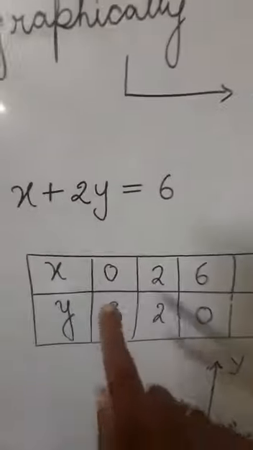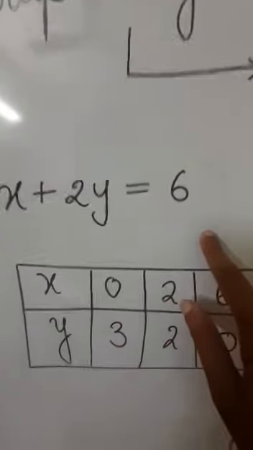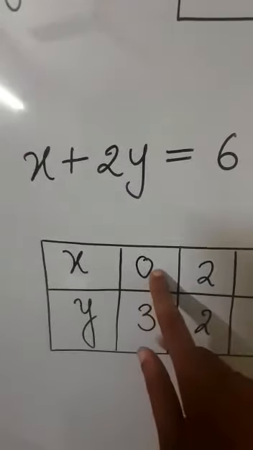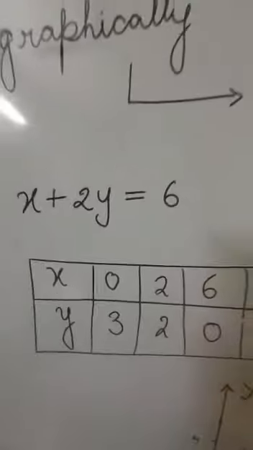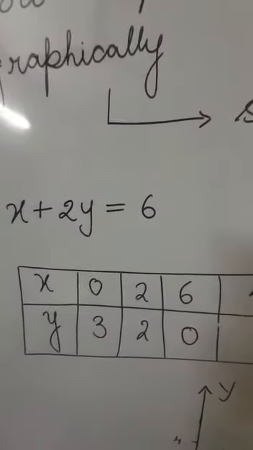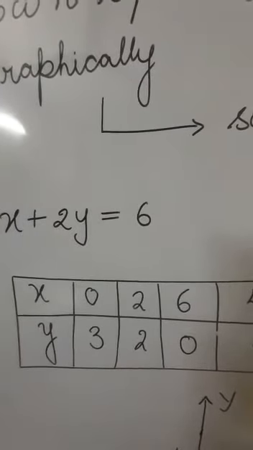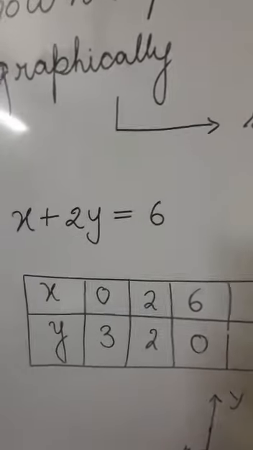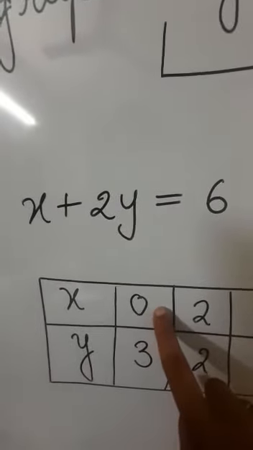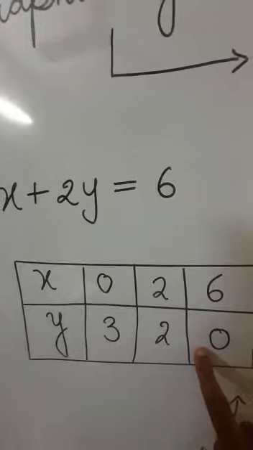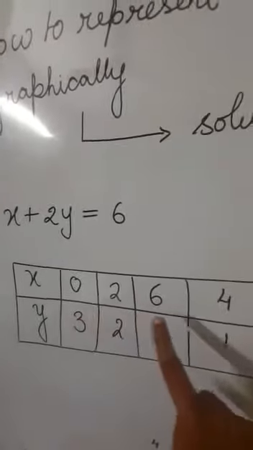Here, for the example, I have taken the equation x + 2y = 6. With the assumption method, first I have taken x as 0. Then the value of y will be 3. When I take x as 2, then 2y is 4, so the value of y is 2. All this workout you can do in the rough column. When you are doing this, always for one value take x as 0 and for one value take y as 0. And I have taken all the positive even numbers.